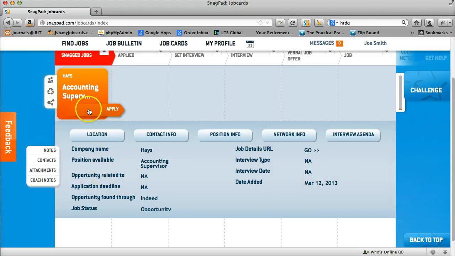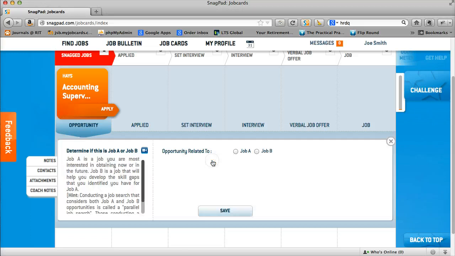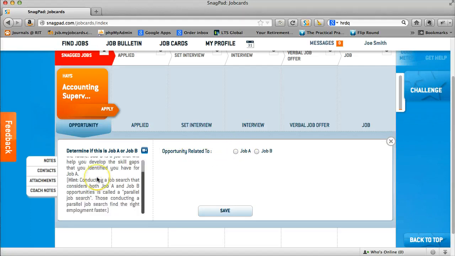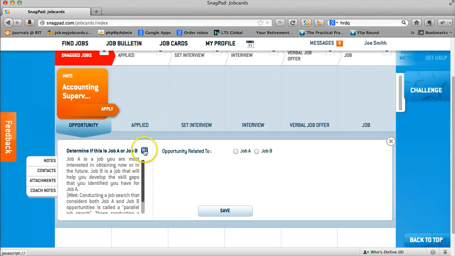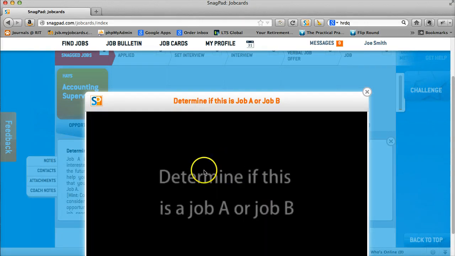The other part is the strategies, and you can see when I click or hover over the arrow, it comes in and out, but if I click on that, it opens the strategies for that particular opportunity. So in this case, in order to complete a strategy or look at a strategy, I just have to click on the blue box and determine whether or not, in this case, if it's related to a job A or B, has a bit of information that describes what it is, and it also has a video, or may have a video tutorial just explaining what that concept or that strategy is